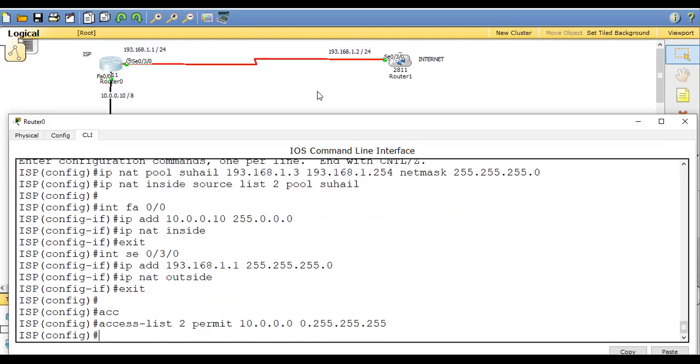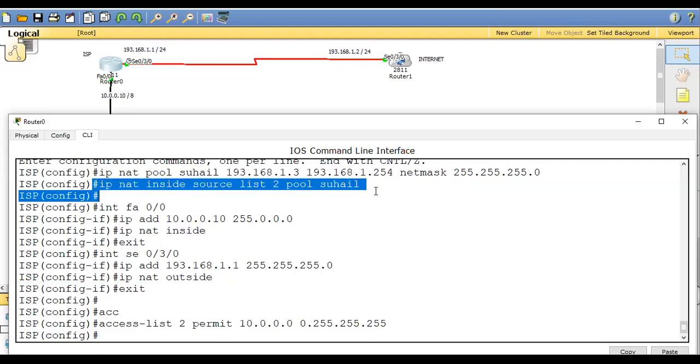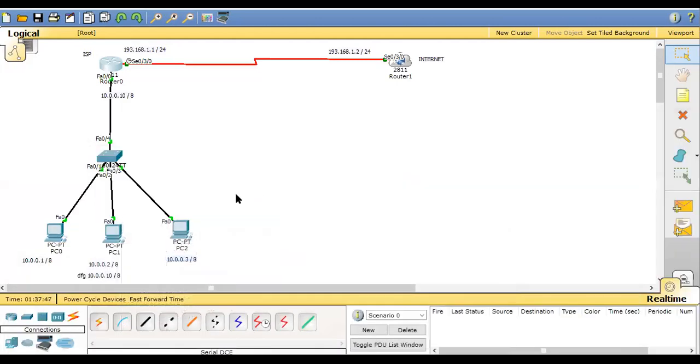0.255.255.255. All right. So now I'm telling my router that I have created a dynamic NAT on you and you have a range of IP addresses from 3 to 255, and don't allow anyone, allow only the hosts which are coming from the 10 network. And I have decided which is an inside port and which is an outside port. All right. And by this command, I'm activating the NAT. All right. Now let's check the output.